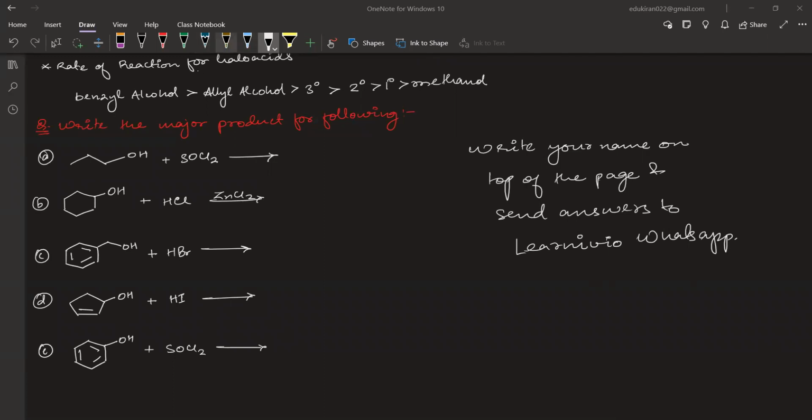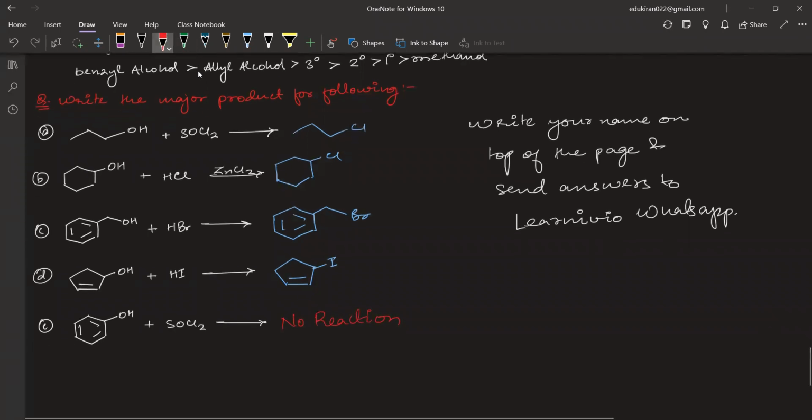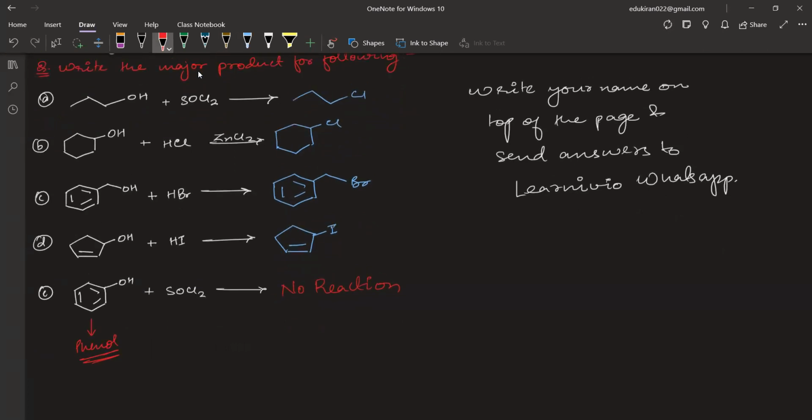Okay, so I'm writing the answers. This will be Cl here. Here also you will have Cl. This one will be like this, Br. Okay, I think Matthew has written bromobenzene. That is not bromobenzene. It will be, okay. This one is going to be iodine here, and this will give you no reaction. Guys, this is phenol. We just wrote now this is phenol, right? And phenol will give you no reaction. Here we have written